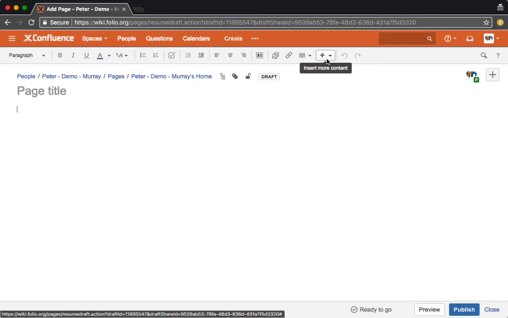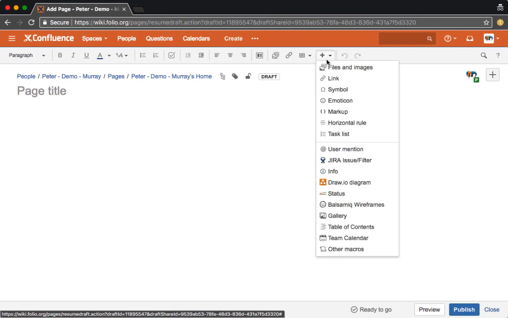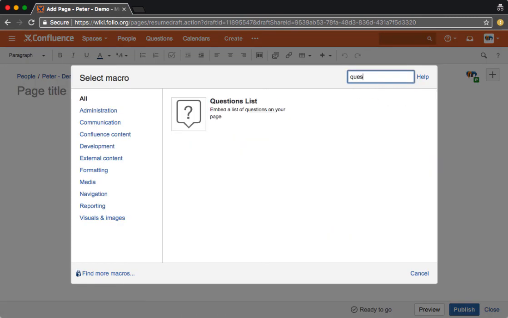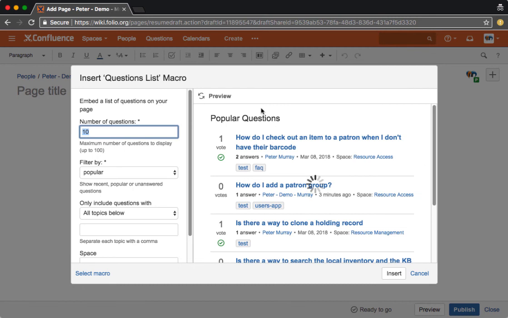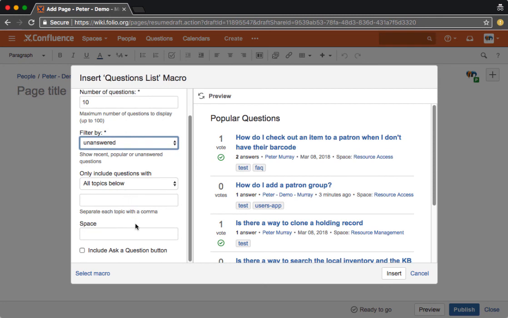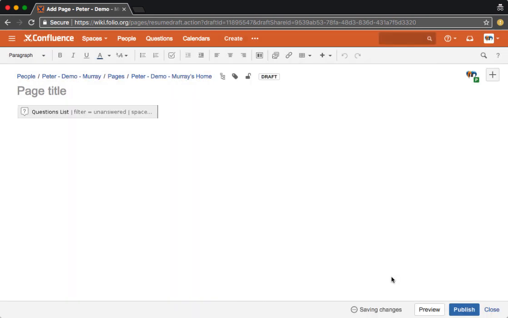You can add a list of questions to your meeting agenda by selecting other macros and then looking for the questions list macro. Choose the number of questions that you want in a list. Filter by, say, unanswered questions. You can also filter by topics and just a particular space, such as resource access. When you insert this macro and publish the page,